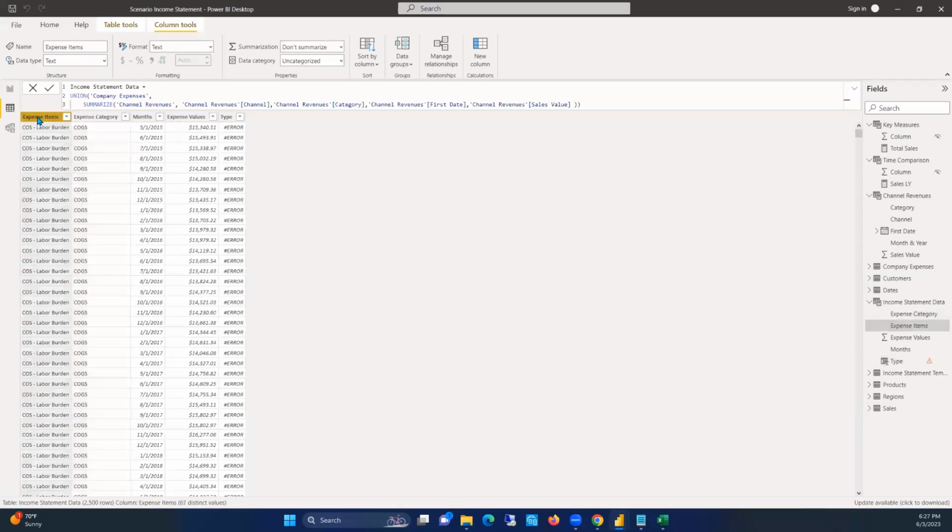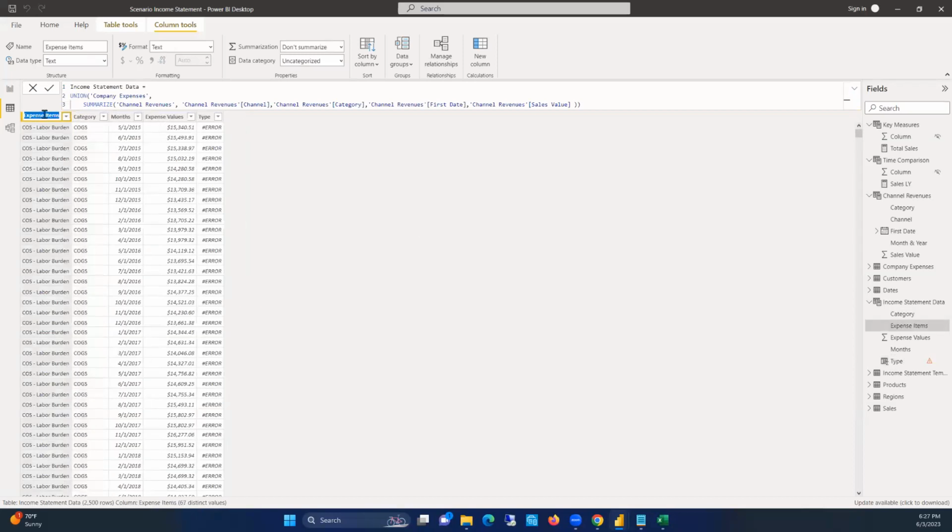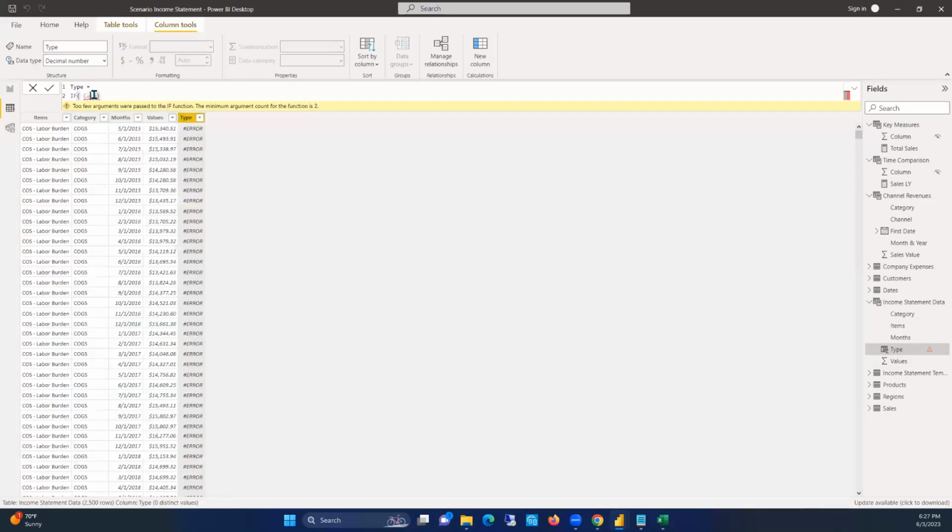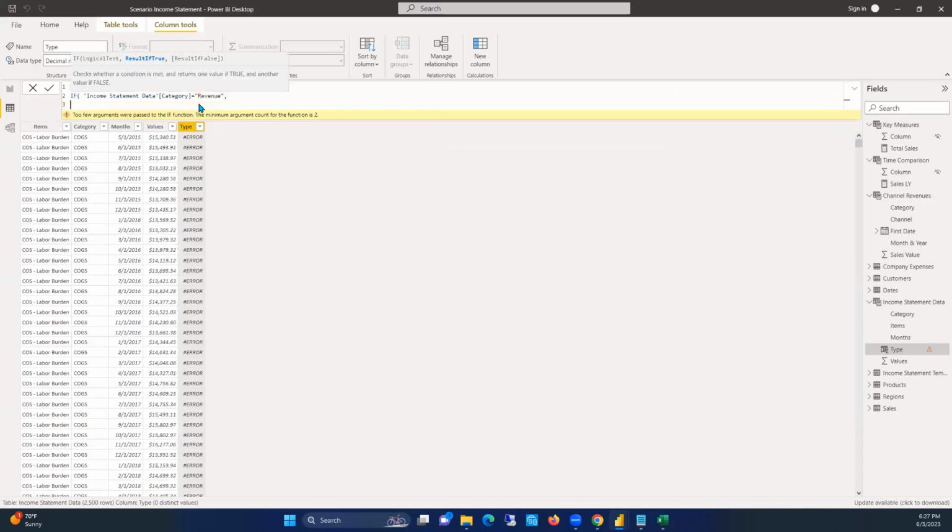Remember, we've been able to match both expense and revenue together, so they will always inherit the header of the first table that you pass into the union. So I'm going to change this to values instead of expense values. For this type, I want to say if category equals revenue, then